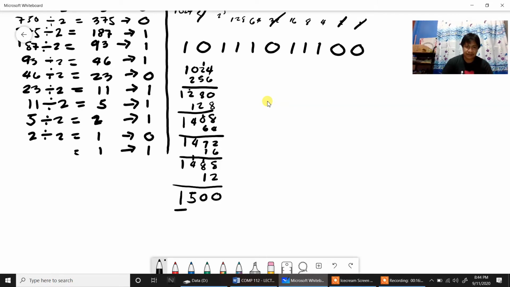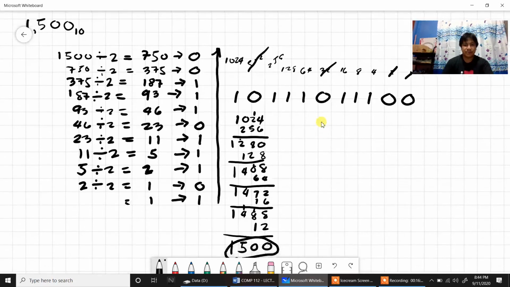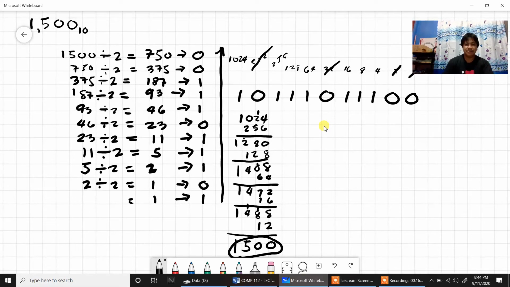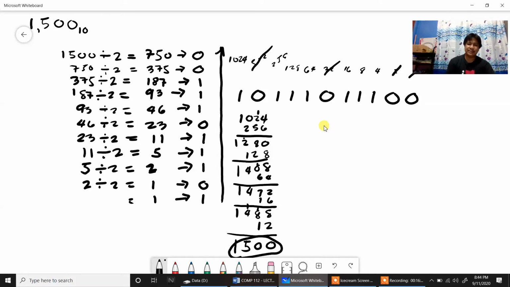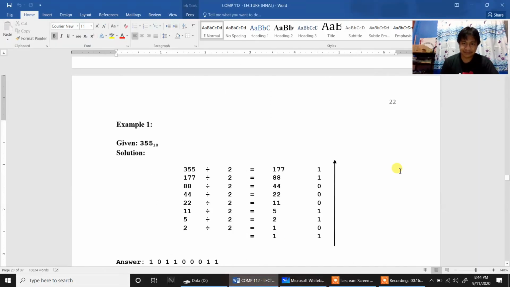So 1, 5. Same with our solution on our binary. Okay, so that is how to convert your decimal to binary. Okay, so next is octal to